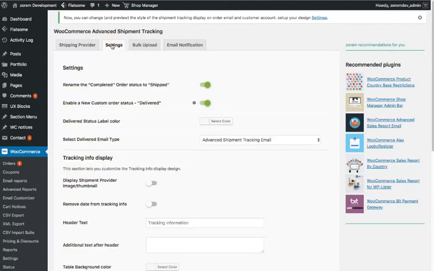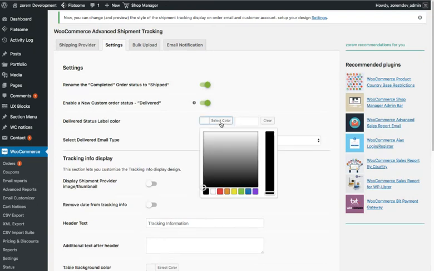We can, in the settings, first rename the completed order status to shipped, and enable a new custom order status called delivered, for stores that want to mark orders that are completed as shipped because they're practically just shipped, and then to mark orders that were delivered to the customer as delivered. And then you can choose a custom color for the delivered orders,